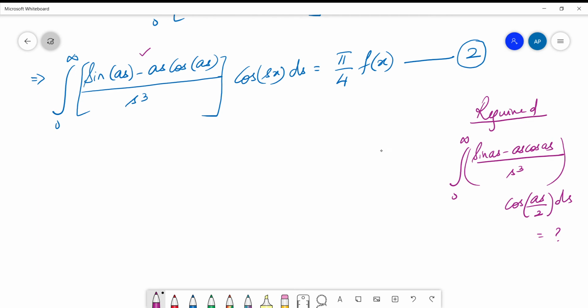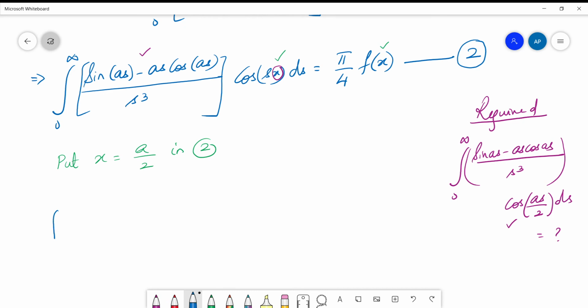So what is the change you think is happening? In place of x you need to replace a by 2 to get back this expression. So don't you agree that one substitution for x will give you the answer? Yes. So what is that substitution we need to make? Put x is equal to a by 2 in 2. Now where all are we making the substitution? One is here and one is here. So let us do that.